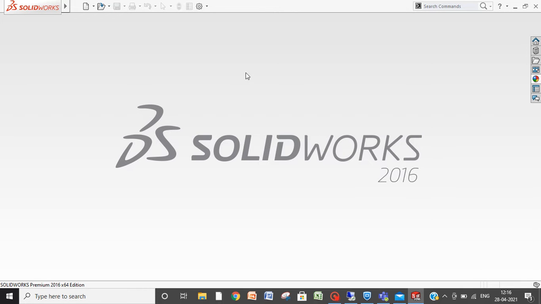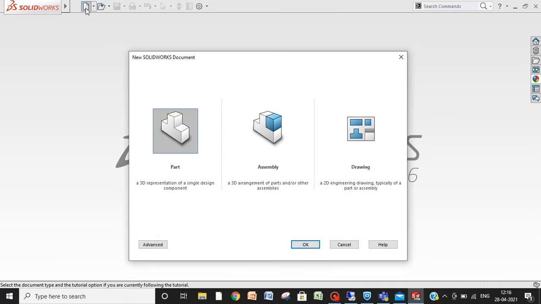This is the welcome window. When we start a new project, or if you want to open an already existing file, you can open it from here. Today we are going to start with new. Now it is asking what type of project you want to start: part designing, assembly, or drawing.